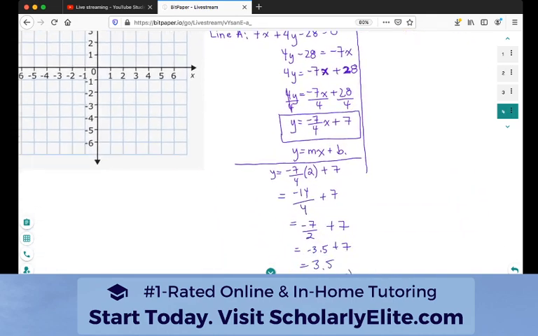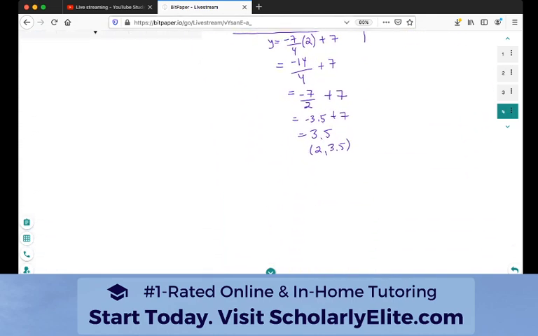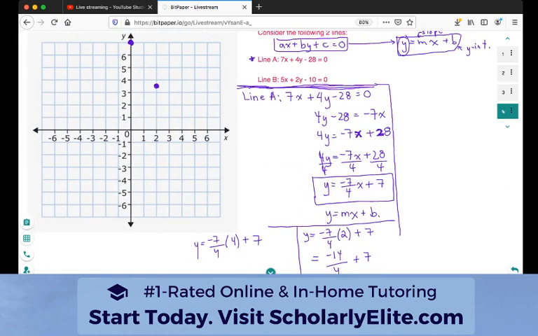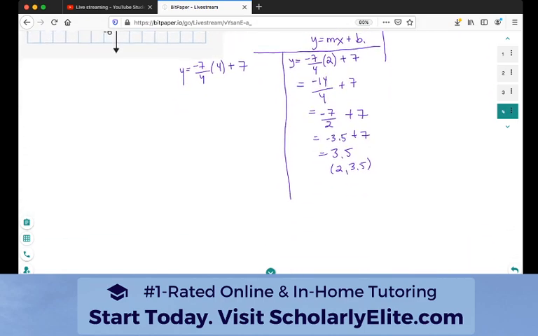Let's bring this down. So again, I'm going to just pick a random point and plug it in. In this case, y equals negative 7 over 4 times, let's say, 4 plus 7. And why am I multiplying it by 4? Well, what I'm asking realistically is where on the y-axis does this point land when my x value is 4? Alrighty? So that's just going to cancel, and then we have negative 7 plus 7, which is equal to 0, and